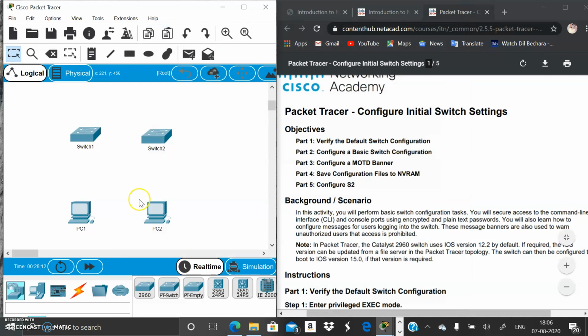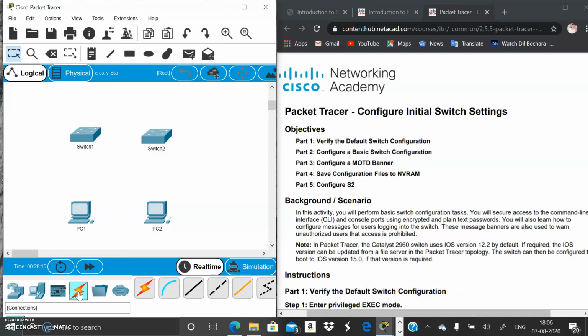Now we have to connect these devices. For this we have to select a proper cable.